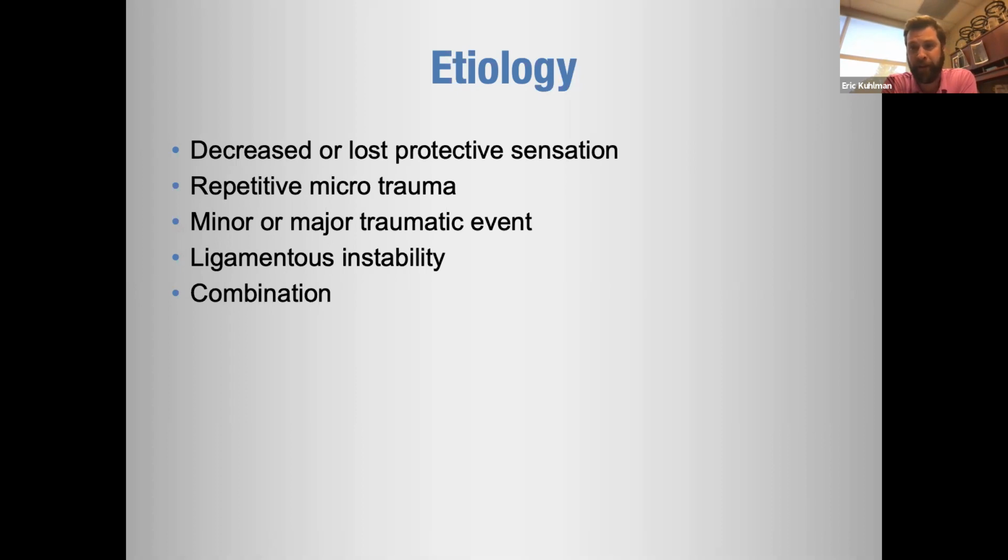At that point, I'm pretty suspicious of Charcot, to be brutally honest with you, and I'm getting them off that foot and really honing in to make sure we're taking care of this. Typically what I'll see on this patient is a ligamentous injury and then essentially this repetitive microtrauma. So they roll their ankle and then they just walk through it because they're like, well, it wasn't too bad, but doc, I woke up 2 days later and my foot's really, really, really swollen. So it's typically a combination of these injury patterns that I'll see